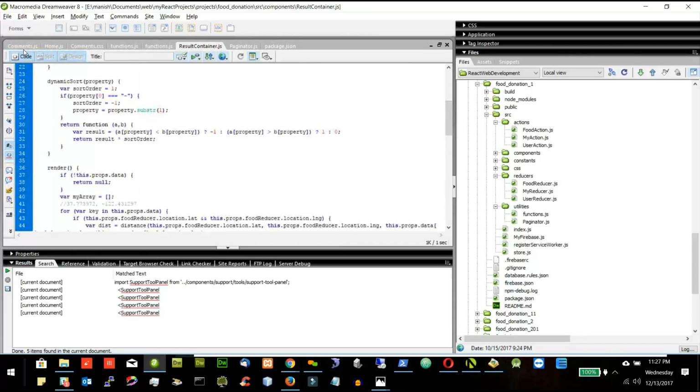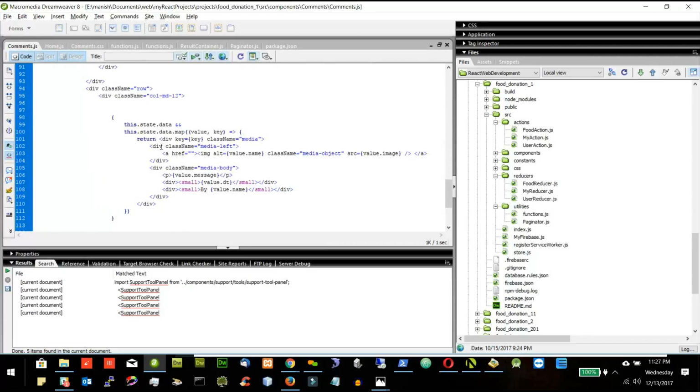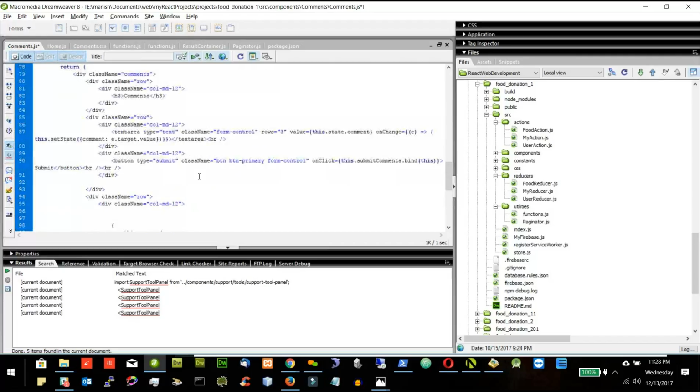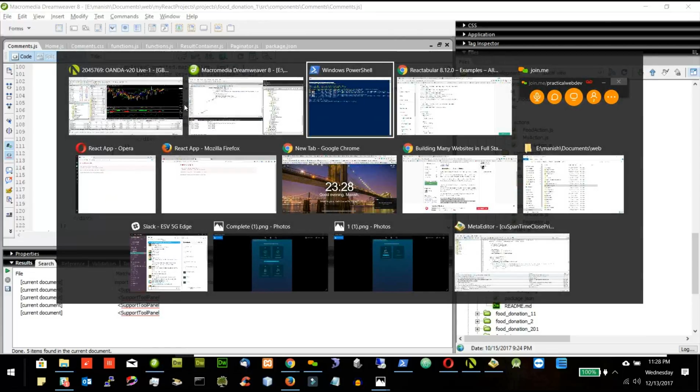So now what we have to do, instead of displaying the whole data here, we will only display the converted array. This is the converted one because it has only 3 records. Otherwise, if I use state data, it will have all the records and loop through all of them. I convert it with my array converter, and it will only take 3 records per page. So I now use my array converted. Now if I refresh the page,